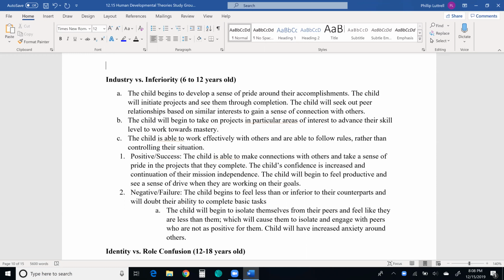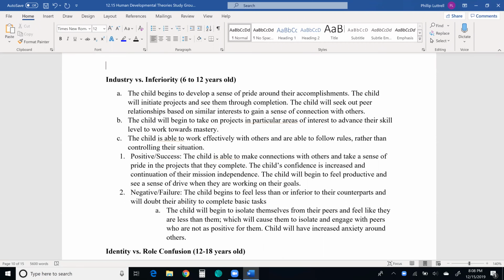Industry, think about an assembly line, you start becoming more technical and skilled in the things that you are interested in. So you get around similar people, so that way you can navigate and build things bigger. So the child is able to work effectively with others and are able to follow rules rather than controlling their